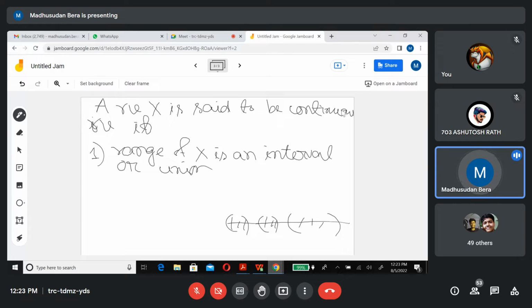The range of X is an interval or a union of disjoint intervals. Not only that, there is another condition,